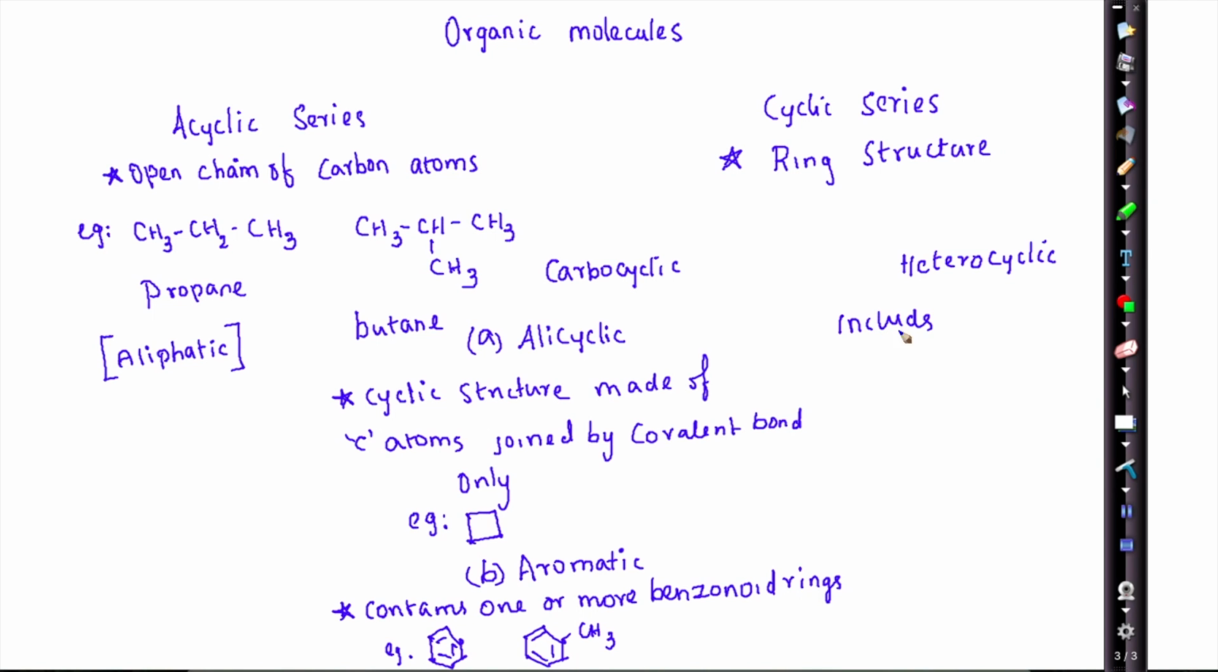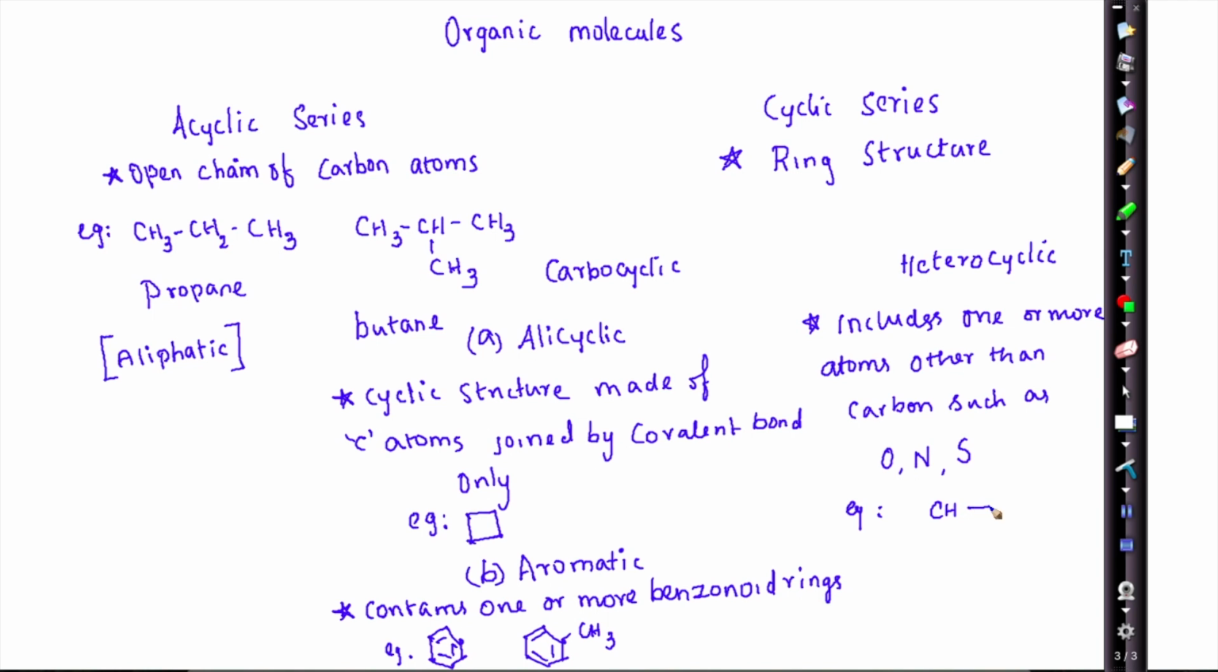In heterocyclic compounds, the ring will include other atoms like nitrogen, oxygen and sulfur. They are called hetero. It is not homo. In homo, all the atoms present will be carbon. Whereas in heterocyclic, there will be carbon as well as oxygen, nitrogen and sulfur. So this is the example for